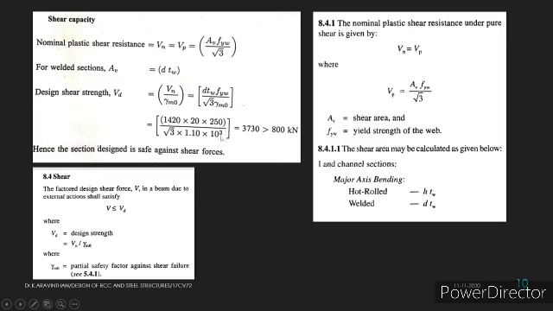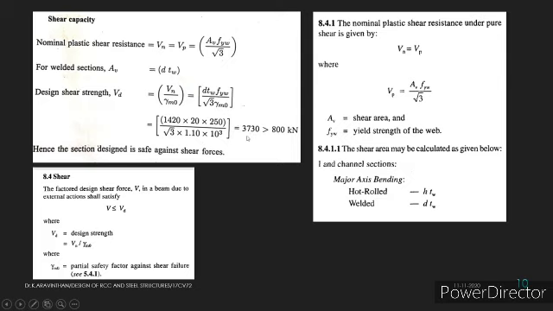Everything we have substituted in terms of Newton and mm square. In order to get the values in terms of kilonewton, let us divide this value by 1000, that is 10 power 3. If you substitute that, you will be getting the value of 3730 as the shear carrying capacity